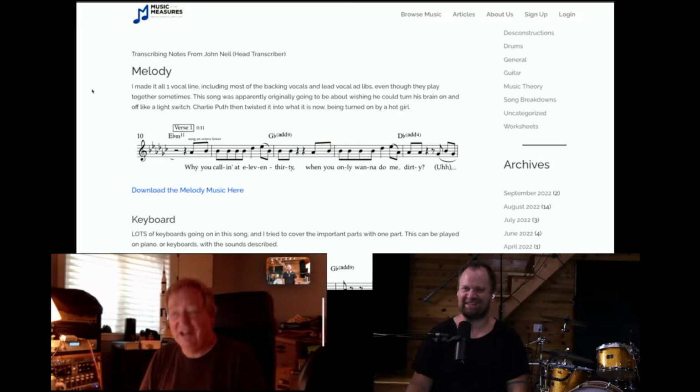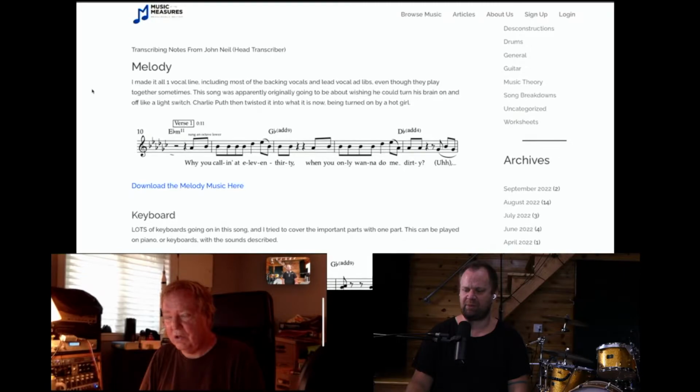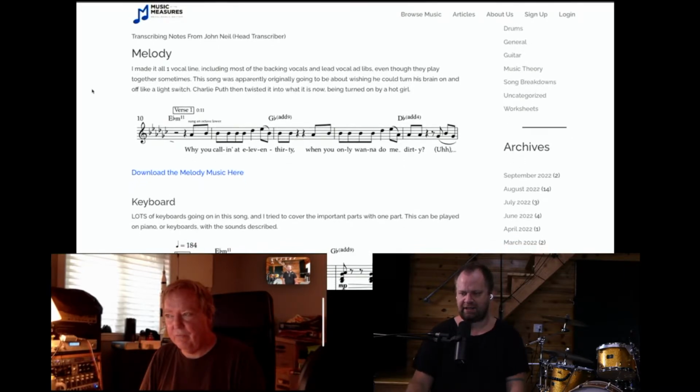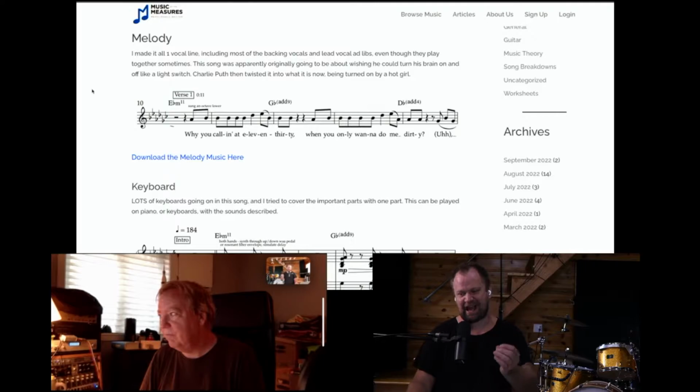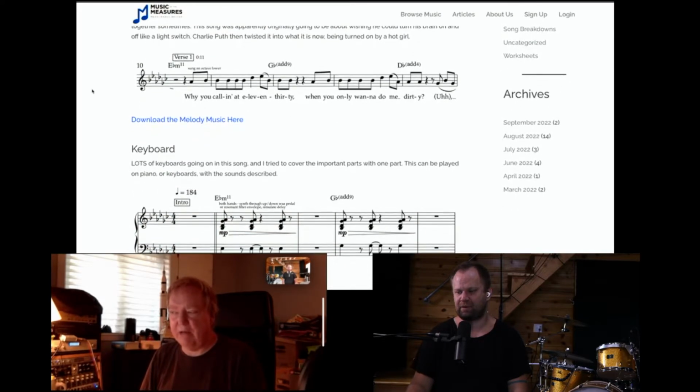Yeah. I can see that. Well, I think it goes to the rest of the production, like moving on to the keyboards. It's kind of the same idea, right? Your keyword was lots of keyboards going on in this song. Right. It's like a lot of the songs nowadays. It's pretty much made up of keyboards and I think drum machine too. So the bass is the synth probably, and then drum machine and keyboards. I heard a little guitar in there. That could be guitar, could not be guitar. Yeah. Some sounded a lot more guitar.